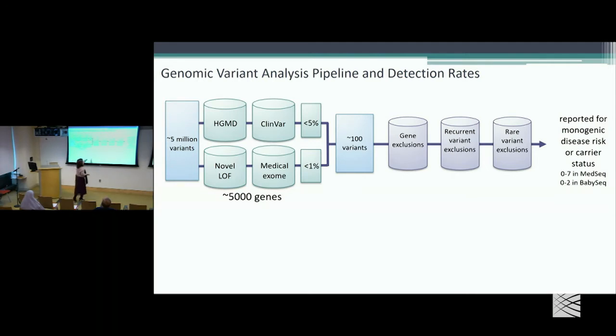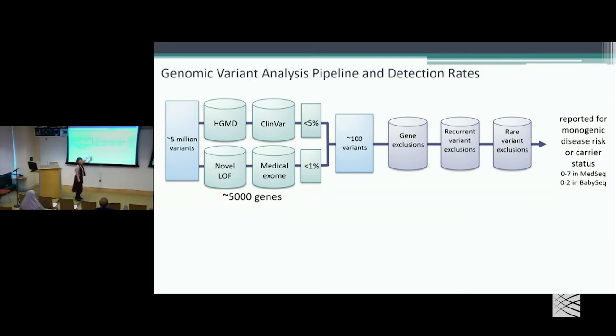But then we go through a process of excluding things, looking at the gene-level evidence, realizing there isn't good evidence, and throwing all those variants out. Some variants are fairly frequent, yet have been claimed as pathogenic before the age of ExAC and gnomAD, in essence. We can quickly throw out those and stop looking at them. And then we have a whole bucket that are just extremely rare, but still have insufficient evidence for disease causality at the variant level. And that gets us down to only a handful of those variants that actually can be said to have sufficient evidence for both gene-level disease implication and pathogenicity at the variant level.